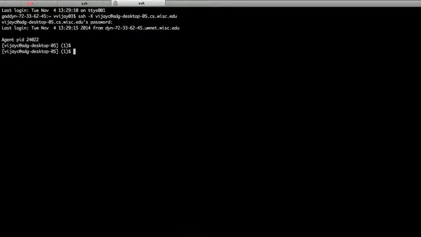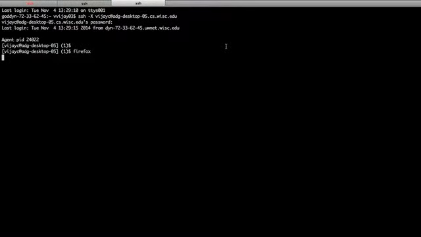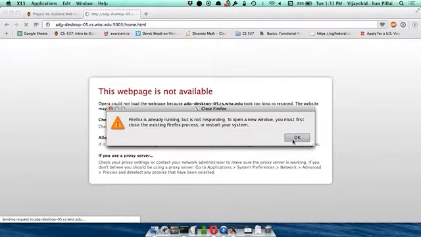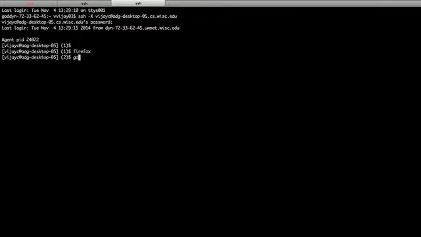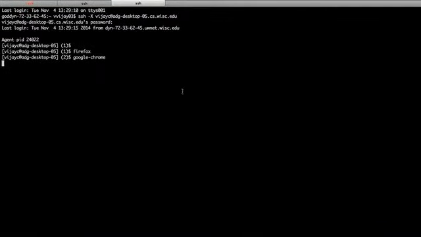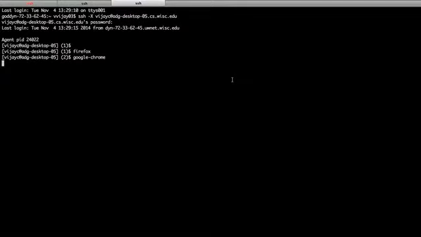Firefox may give some weird errors. Let's try anyway. What about Chrome? Come on, some browser start, please. Since we're tunneling over X, it takes a really long time.